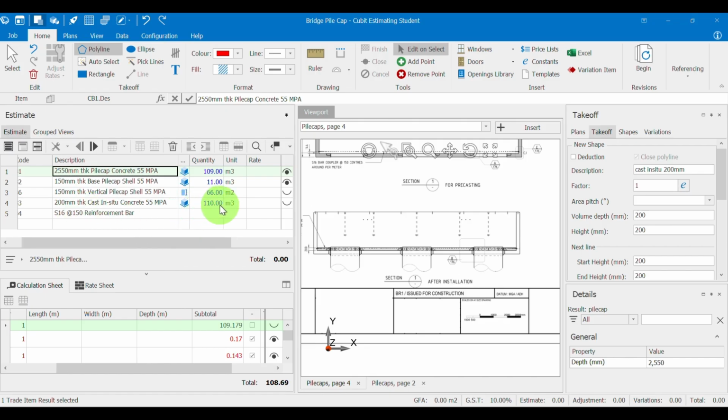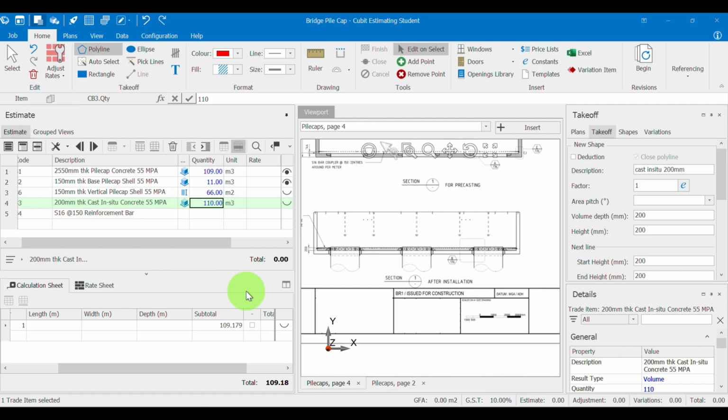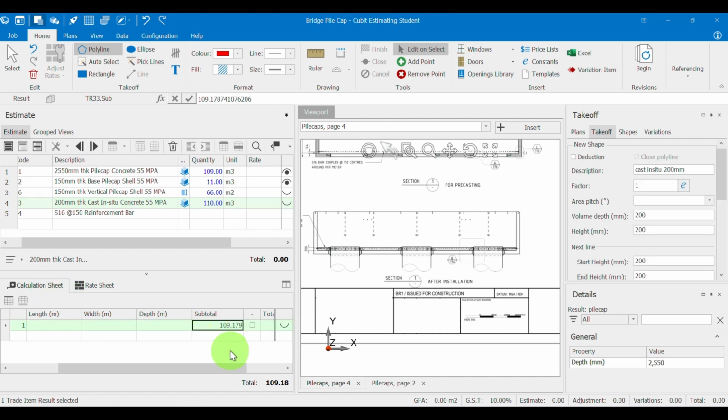It cannot be 110 cubic meter for 200 mm thick, so we will amend it. Click the item and click the calculation sheet here, and click item 1 here and change the depth to 200. Okay, we can see the quantity now changed to 9 cubic meter,